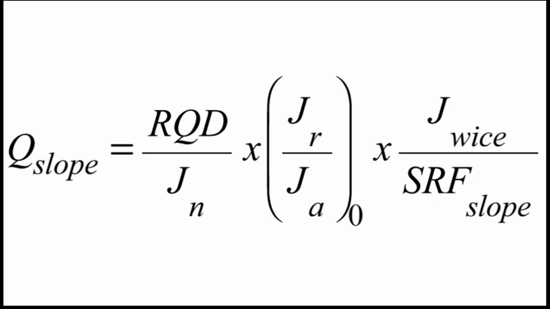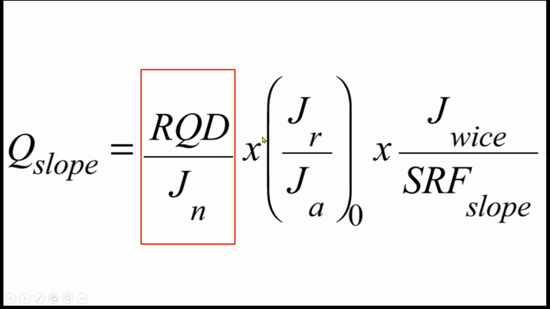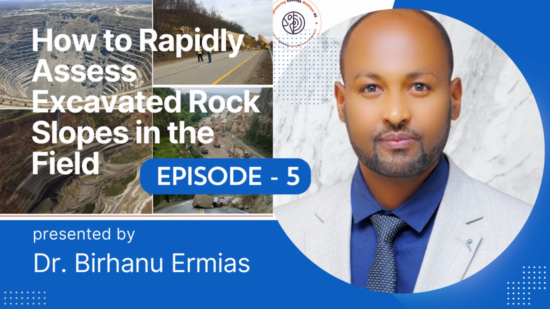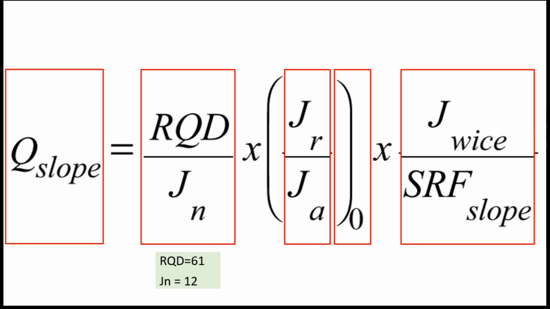The two parameters RQD and JN represent the overall structure of the rock mass, and their quotient, that means RQD over JN, represents a crude measure of block size or particle size of the rock mass. In today's video, episode 5, we will continue breaking down the essential parameters for the Q-slope equation. We'll continue discussing the parameters used in the Q-slope equation. Before we jump into the next parameter, let us